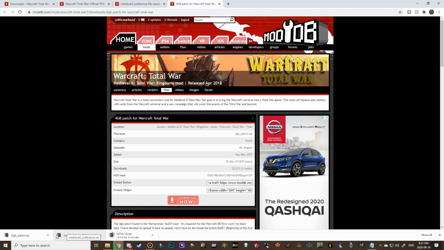Now, if you guys do not have this little icon with the 3 books stacked on top of one another, and it's just a blank piece of paper, chances are you don't have any extraction software downloaded. So just go to Google. And the 3 I like to recommend are WinRAR, WinZip, or 7-Zip. All 3 are good free extraction softwares that you can download, but WinRAR is the one that I'm using, so